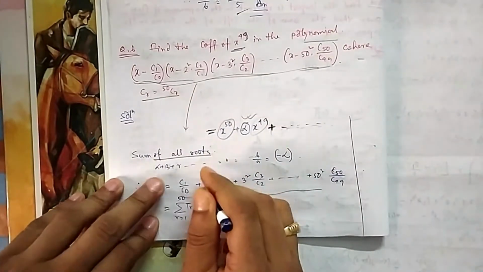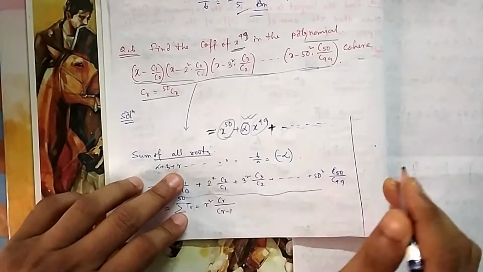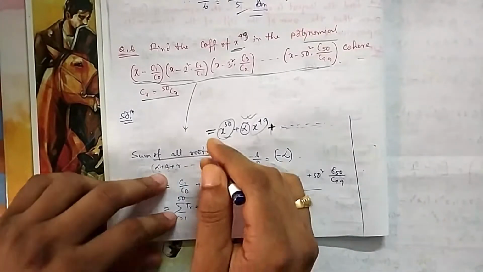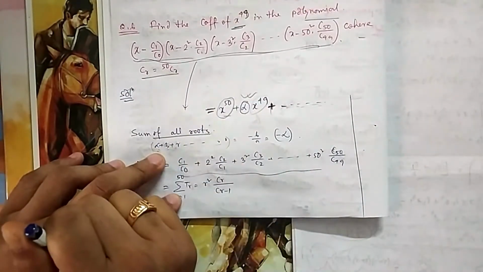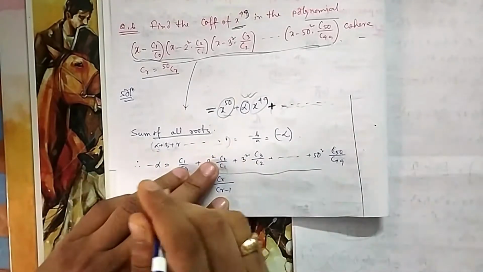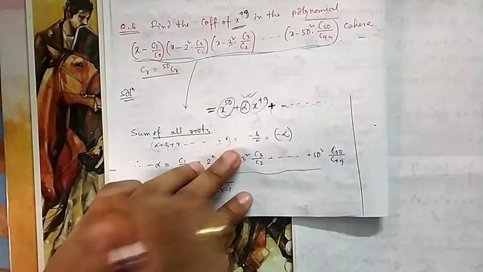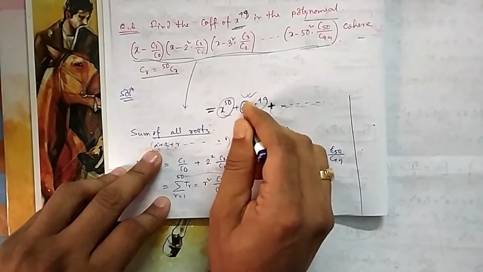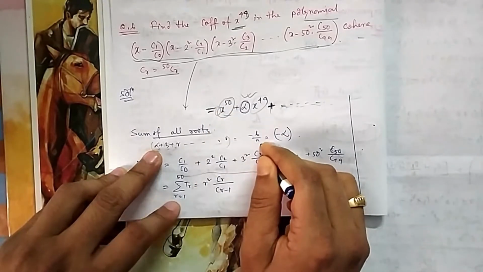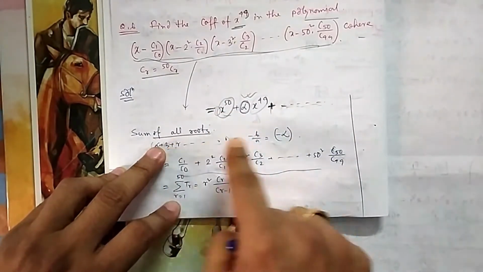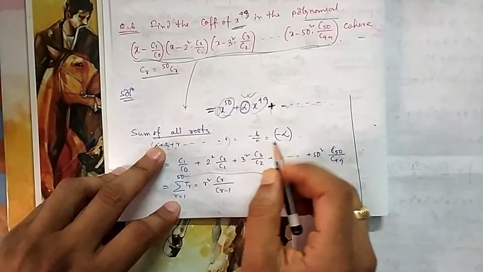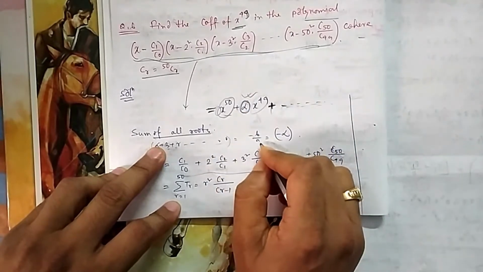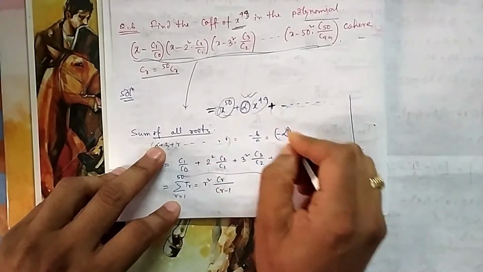Okay, now what is the sum of the roots? Let the roots be alpha, beta, gamma, dot dot dot, all 50 roots. If you take one at a time and add all, you remember from the quadratic equation advanced class, advanced theory, there I have explained the theory of equations. If you take one at a time, it is minus b by a: the second coefficient divided by the first coefficient, minus b by a. Like in a quadratic, alpha plus beta equals minus b by a. You can extend it for the theory of equations. So it is minus b by a is equal to this one. What is minus b? Minus b means here alpha, and a means your 1.